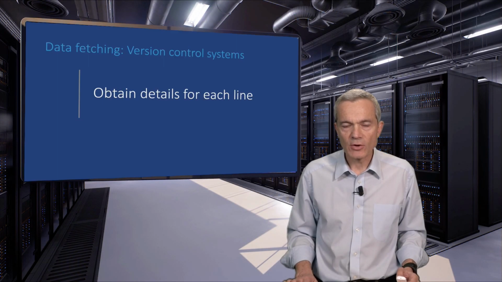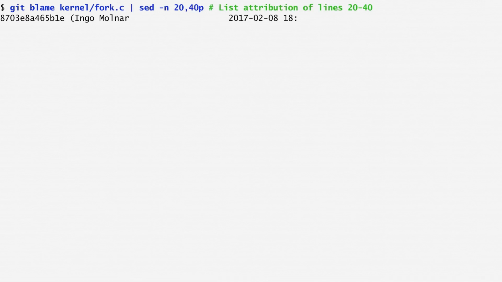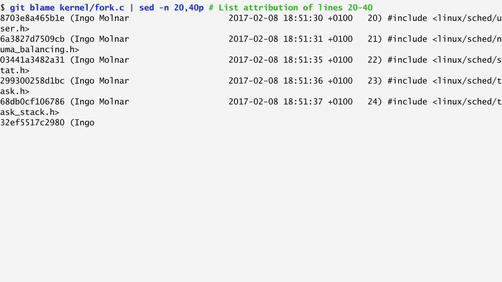Another spiffy git command is git blame. This allows us to list the file's contents together with data regarding the last change made in each of the file's lines, who changed it, when, and through which commit. Let's see an example. I run git blame on the file kernel/fork.c and get lines 20 to 40 using sed.